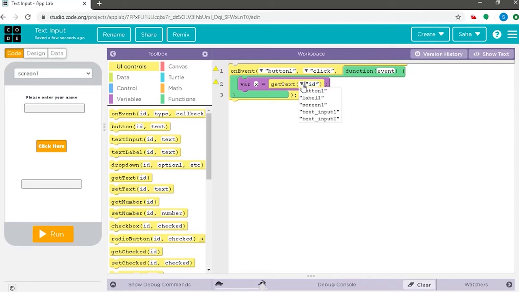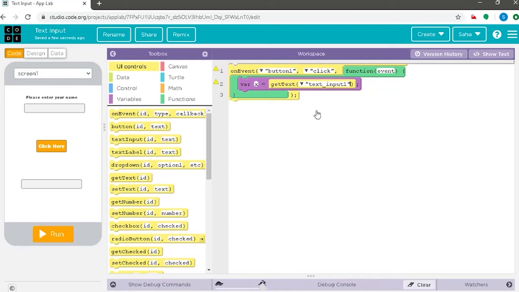Yes, that is text input 1. So according to this command, it means that whichever text is entered in the text input 1 box or element, it will be stored as a variable x in the computer's memory load as a unique value.